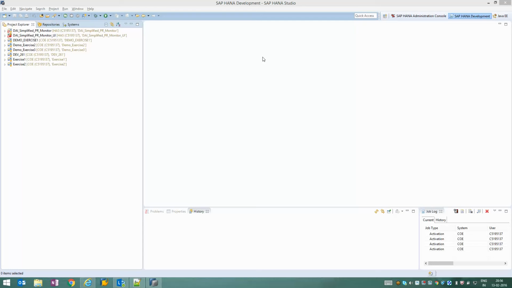Now, first we will discuss schema. So a database schema is basically like a mini database within your server inside which you are going to group logically related development artifacts, basically the database repository objects which you are going to create, such as tables, views, procedures, structures, then sequence, which is equivalent to number range object in our ABAP system. So this kind of system repository objects, you are going to logically group under one main category called a schema.